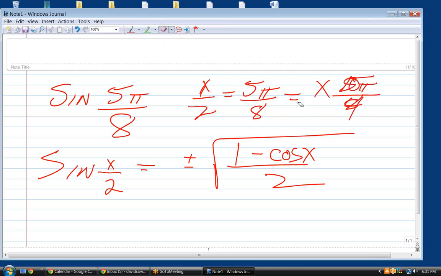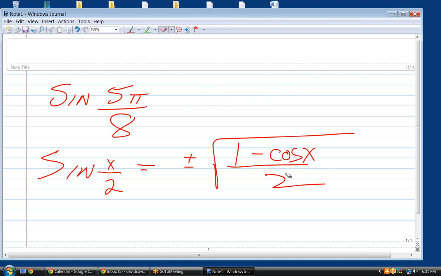And then you always reduce it, right? Yes, it doesn't really matter because all we're going to do is figure out what the cosine of 5 pi over 4 is. In other words, to get our answer, to get what sine of 5 pi over 4 divided by 2 is,